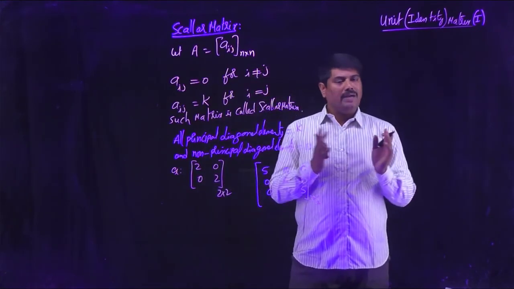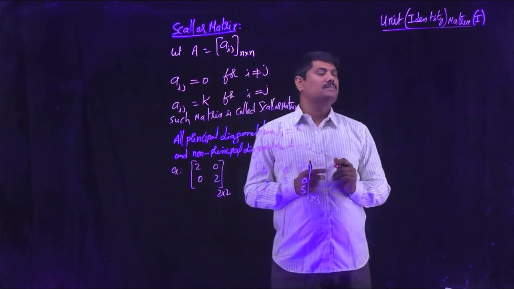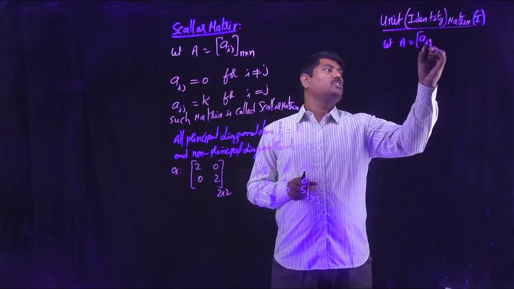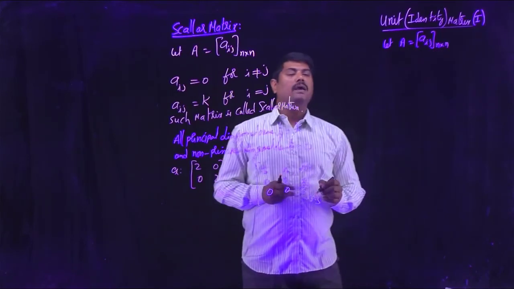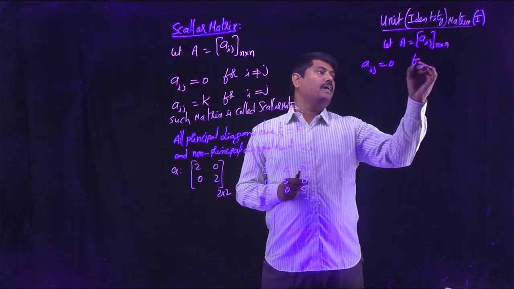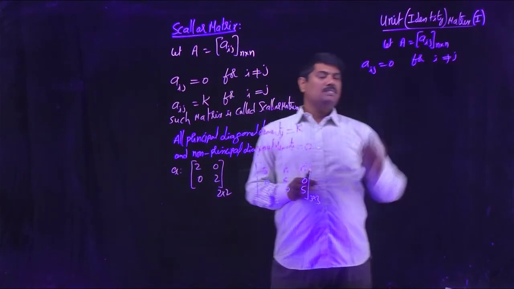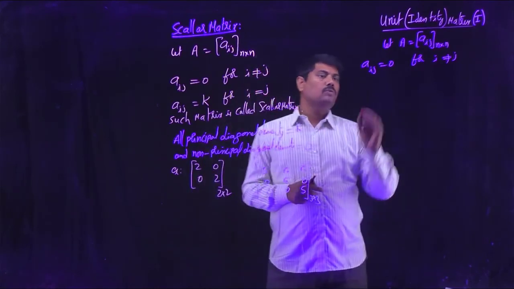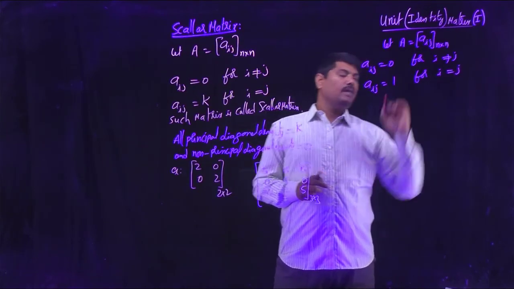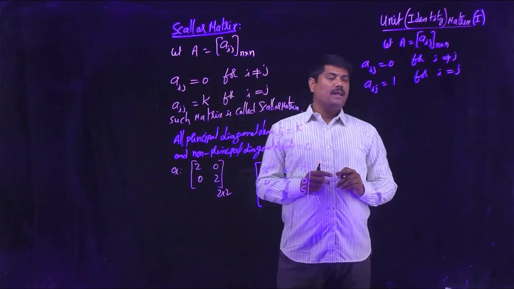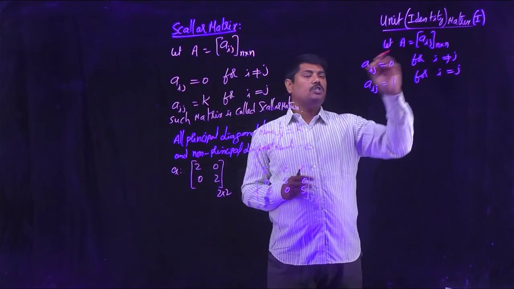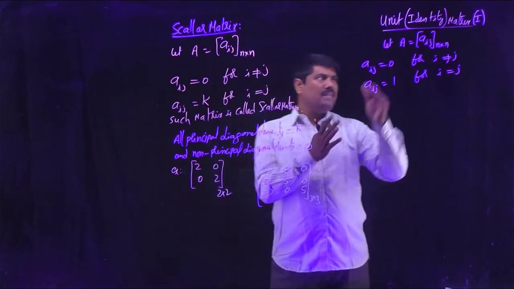This is also a diagonal matrix. So let us consider a matrix like this with the short notation a ij, n by n. Definitely it should be a square matrix, and a ij is equal to 0 for i not equal to j. That means all non-diagonal elements have to be 0, and a ij is equal to 1 for i equal to j. That means all the principal diagonal elements have to be equal to 1. Such a matrix is said to be a unit matrix. So here let me write this concept in words.